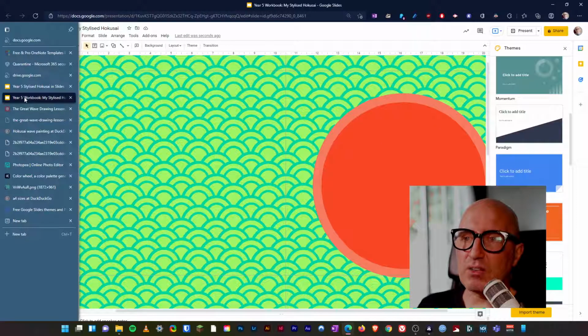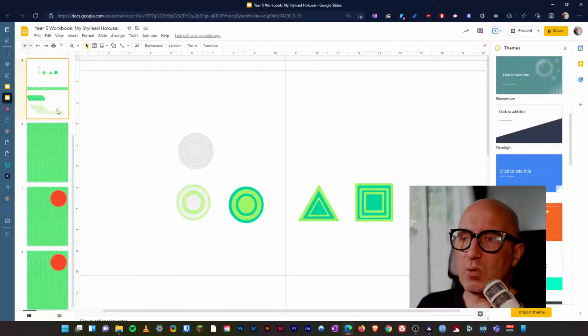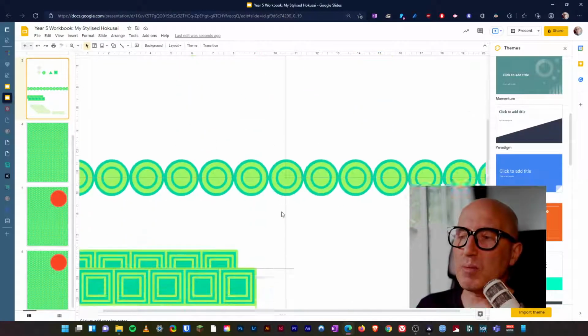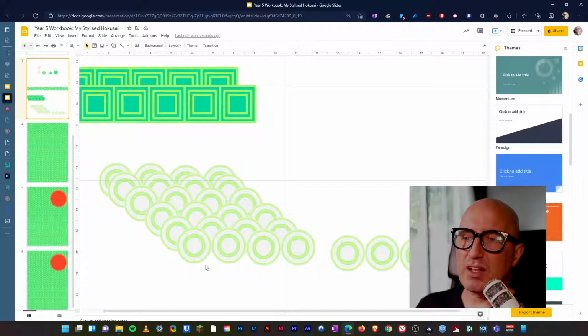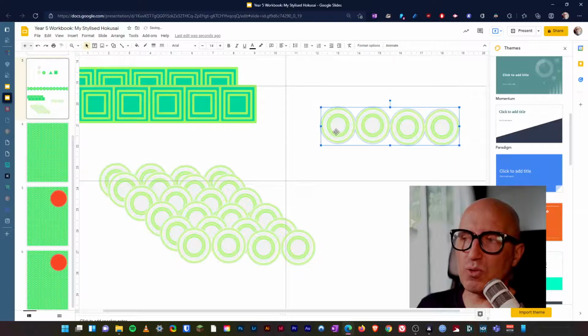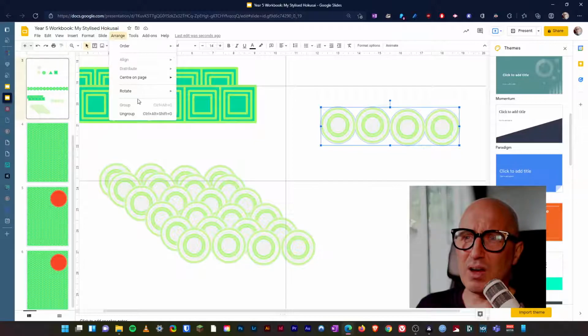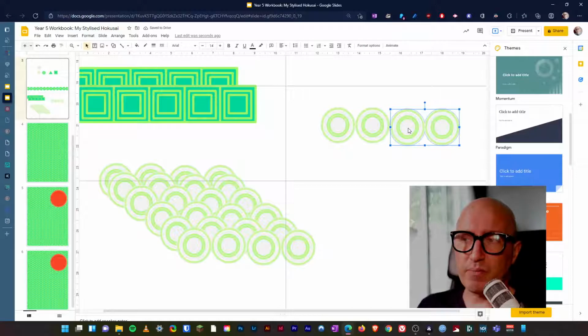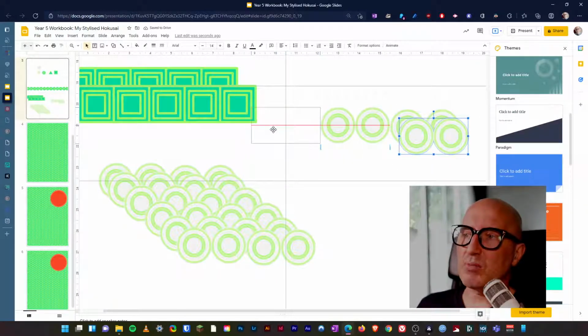So with our style, let's go into our workbook. We want to go and make a series of these like we did before. Okay, so let's just roll down my page. And here's something I've got together. I've got groups of 4. So here I've got whole groups of 4, and I just built it in the same way that I've built it before. So I'm going to ungroup this and just show you that these are made of 2s into a 4. So if you are making a series of 6 or 8 or 7 like me, like I did in the other one, Control-C, Control-V, and then I can bring them together using the guide